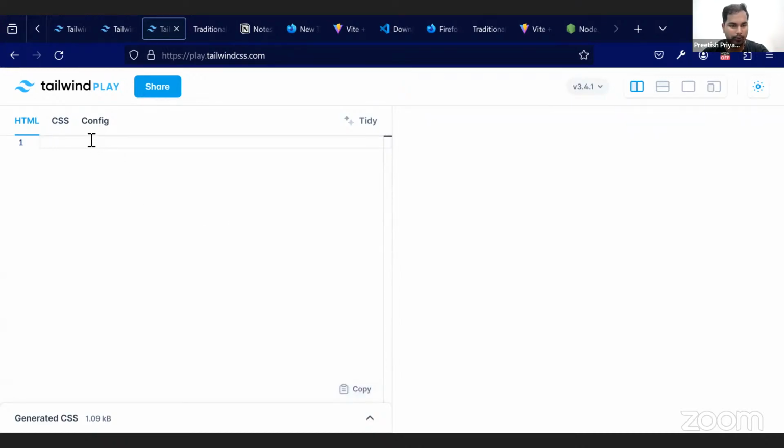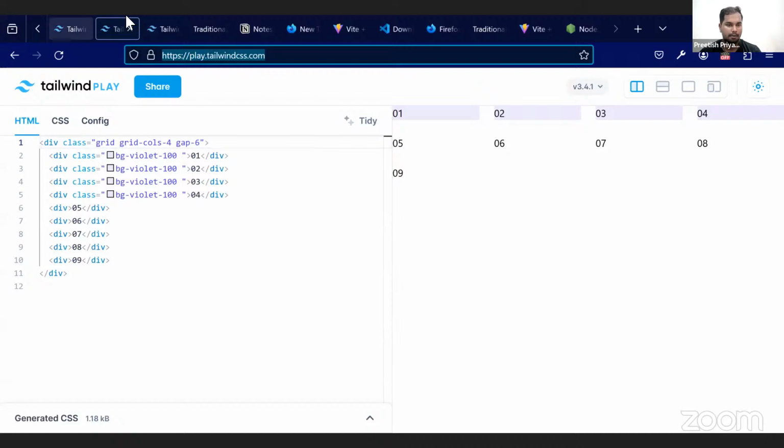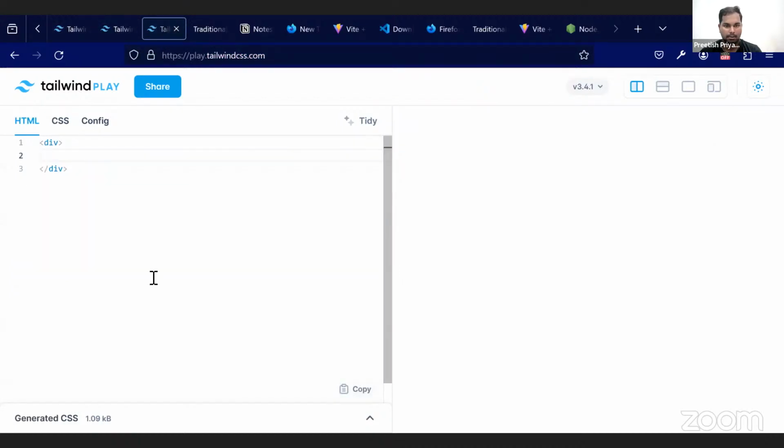So let's start with the basic position. This is the Flexbox. So let me create a div. Okay. One more thing I need to tell you before doing. No, let's do directly with the flex part. Okay. So here, div, then let's write with the class name as flex. Okay, we have created a div with a class name as flex,